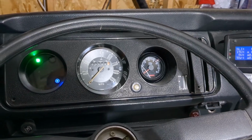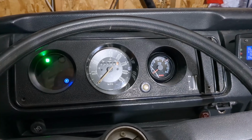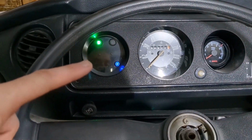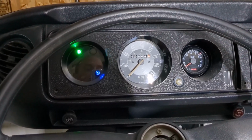Hey everyone, this is a new video in the EV conversion of my Volkswagen Bus here. And in this video, we'll be just focusing on simplifying the dashboard cluster. In particular, we'll be redoing this cluster right here, which included the gas gauge and some other things that we